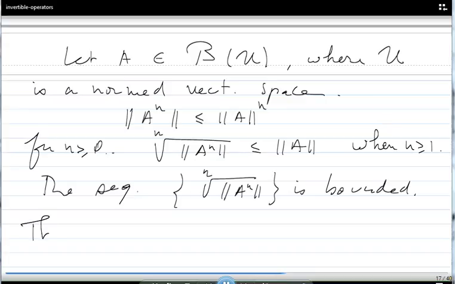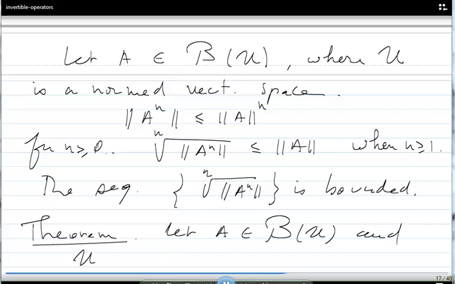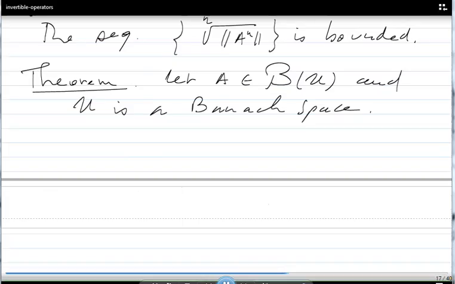Theorem. Let A belong to B(U), and U is complete, a Banach space. Do we need a Banach space? We'll see that in fact we don't need a Banach space, we just need a normed vector space. It's very interesting when you have a proof of something and you see, did I use completeness of the space or not? So either you add it or you don't need it. We'll see. Then